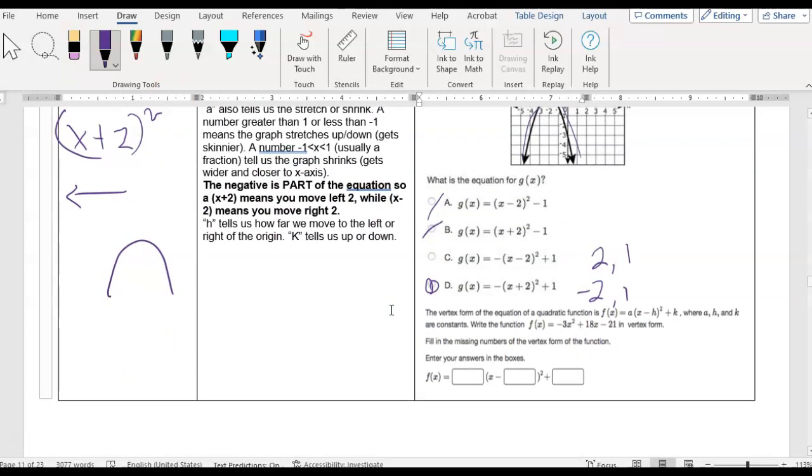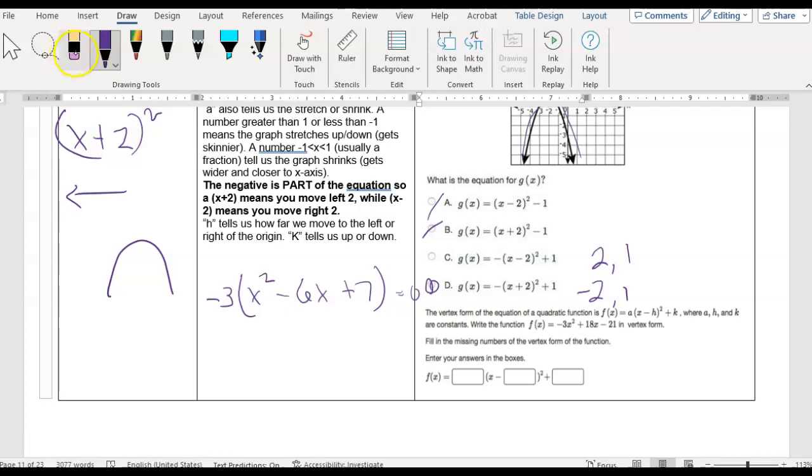All right, it says the vertex of the equation is in this form where a, h, and k are constants. Write the function in vertex form, fill in the missing numbers of the vertex form of the function, enter your answers in the boxes. So what I'm first going to do is factor out this 3. So I'm going to rewrite this as 3 times x squared minus 6x plus 7. And now I want to write this in vertex form. So in order to do that, I need to complete the square. So I'm going to go ahead and say,